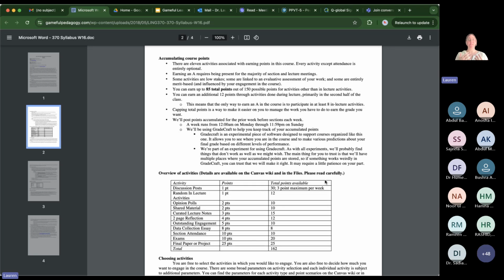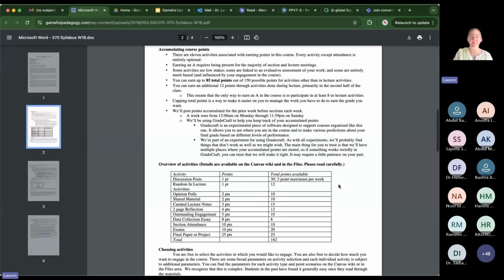There are lots of different ways you can do it. For example, in your case, you might have 6 possible assignments, and students need to complete 4 of them. Which 4 they complete is up to them, but they need to complete 4 out of the 6. So this may be one way to give some choice in their assignments.